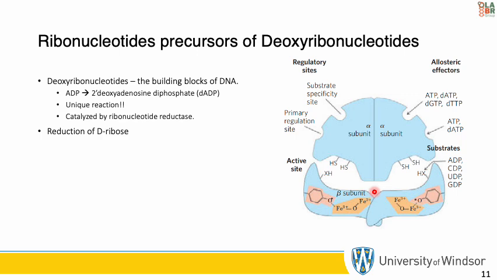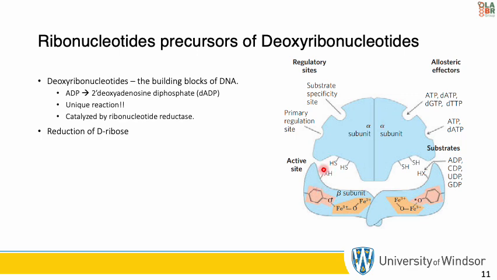Each catalytic subunit contains two kinds of regulatory sites. So these alpha subunits right here have two different kinds of regulatory sites. Here we have two active sites of the enzyme formed at the interface between the catalytic alpha subunit and the radical generation beta subunits. So that right there is where the two active sites of the enzyme are formed.